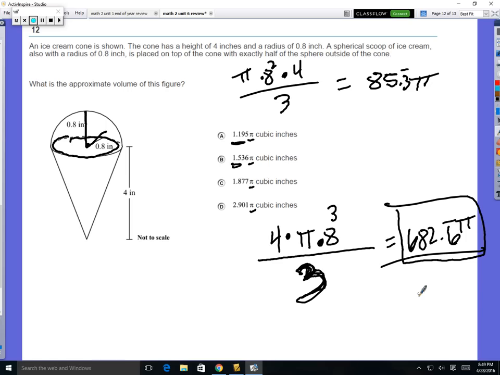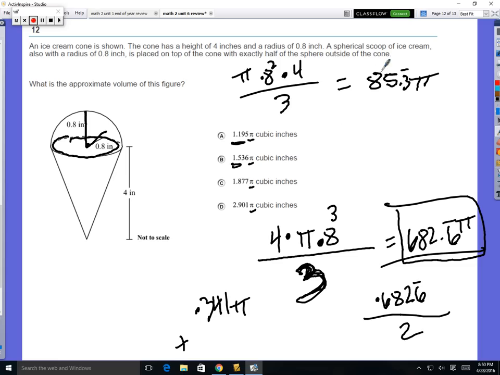Alright, let's try the sphere again. So I'm going to do 4 times 0.8 cubed. Then I'm going to divide that by 3. Okay, so that gives me 0.6826666. So the same numbers, the decimals just moved over. And I gotta cut that in half. Divide that by 2. So I am about 0.341 pi. Now I gotta add that to,